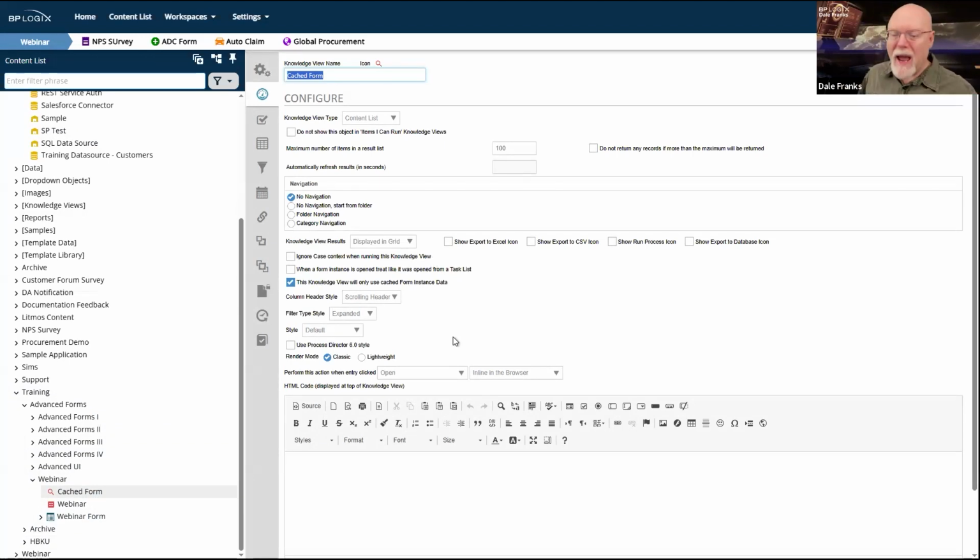And so as long as I can create my cache, and as long as I don't care that the data might be half an hour old, maybe an hour old for all I know. I'm not entirely sure how often on your system the data cache gets recreated. It doesn't matter. It's going to be added to that cache every time the form cache page runs, which will update my data, and my data will be grabbable via a knowledge view.